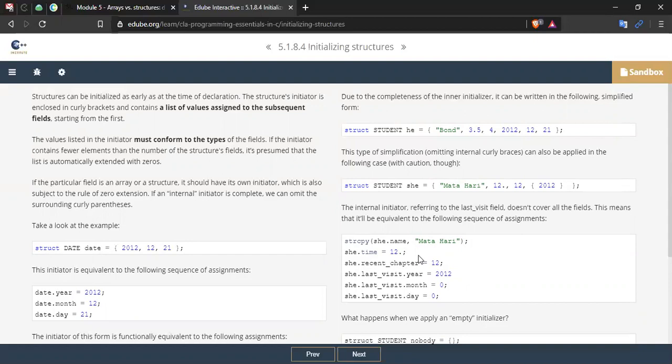struct student she = {"Mata Hari", 12.0, 12, {2012}}; The internal initiator referring to the last_visit field doesn't cover all the fields. This means that it will be equivalent to the following sequence of assignments: strcpy(she.name, "Mata Hari"); she.time = 12.0; she.recent_chapter = 12; she.last_visit.year = 2012; she.last_visit.month = 0; she.last_visit.day = 0;